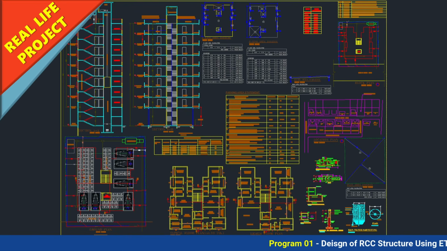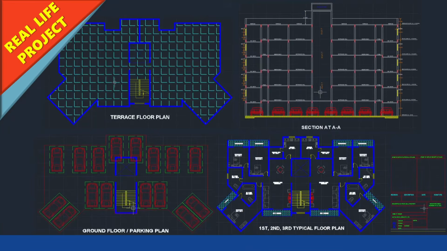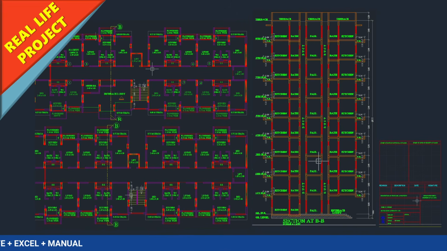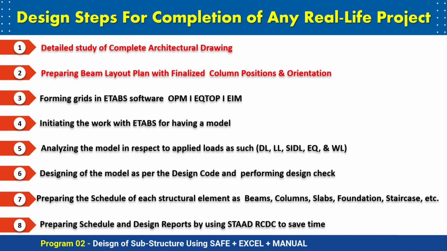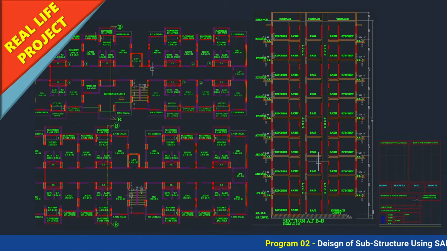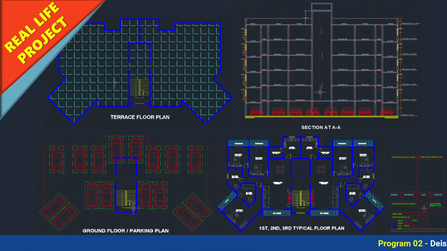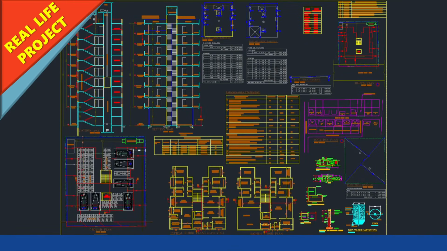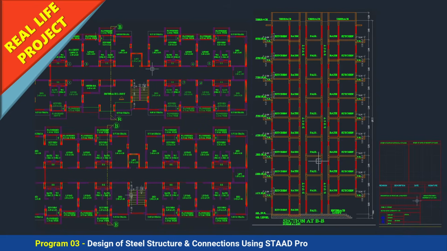So whenever you are going to work as a structural engineer, the very first thing you will get is the architectural drawing from the architect. This kind of architectural drawing you will get from the architect, and after getting this architectural drawing, your work is going to begin. So the very first thing you need to understand is how to read the architectural drawing. If you are not sound, if you do not have the skill or the knowledge for how to read the architectural drawing, you cannot proceed ahead. So the very first thing is to understand the architectural drawing.